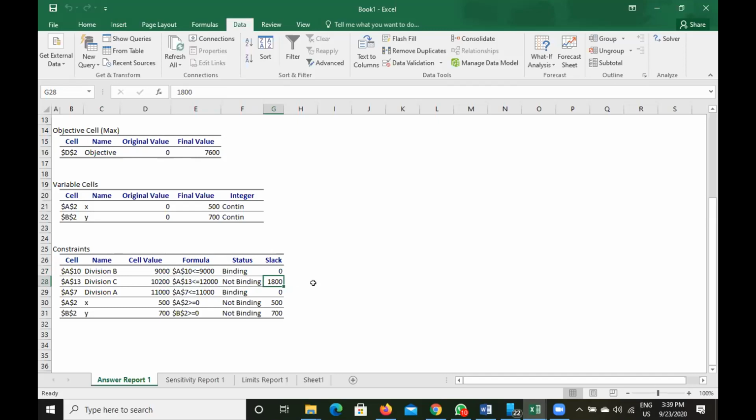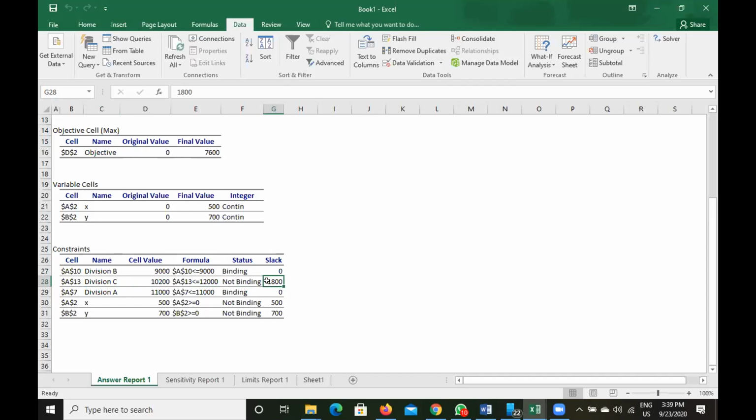So 1,800 extra or unused labor hours are available. This is costly for the company, because in division C, workers will be idle. They will sit without work, so it will be costly for you because you have to pay them in full.